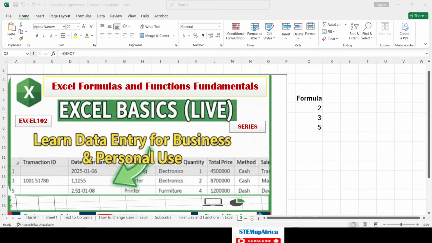A formula is a custom calculation that you create by yourself. You can decide to use a number, cell referencing, or operators to create formulas. It is manually written by the user using different operators, such as the addition operator, the plus